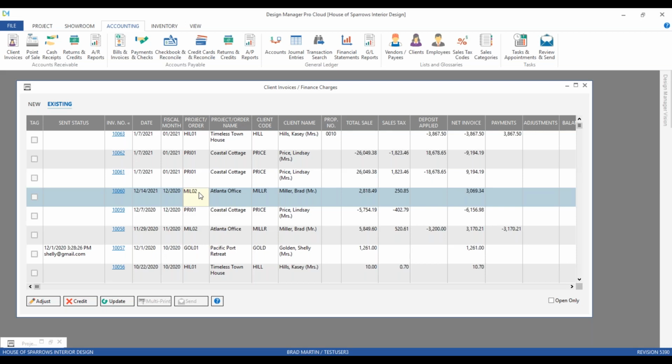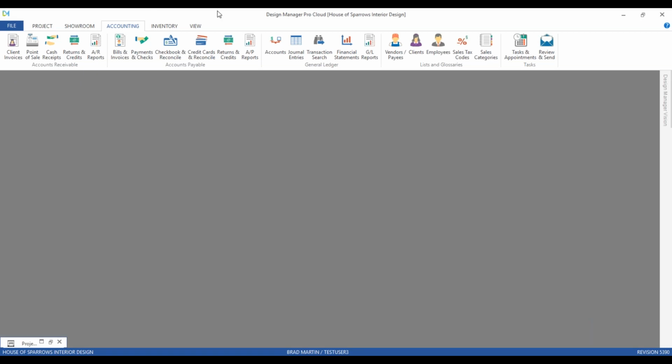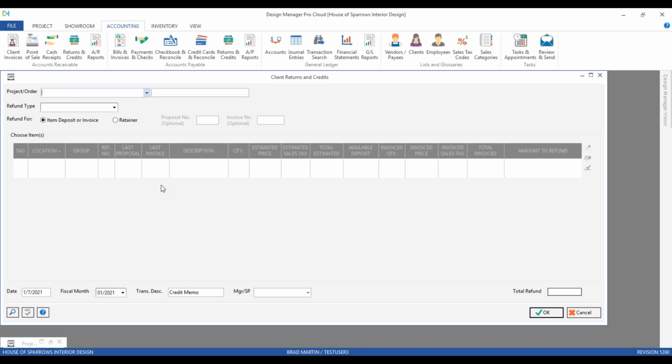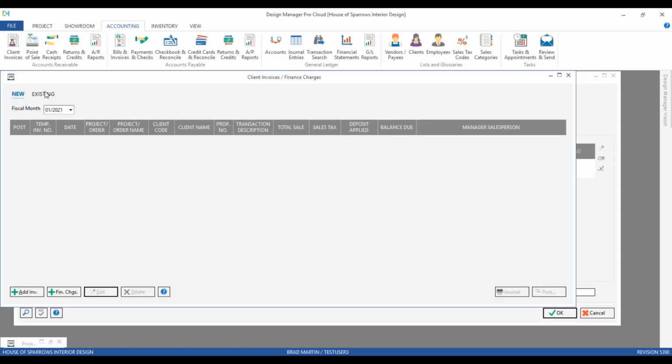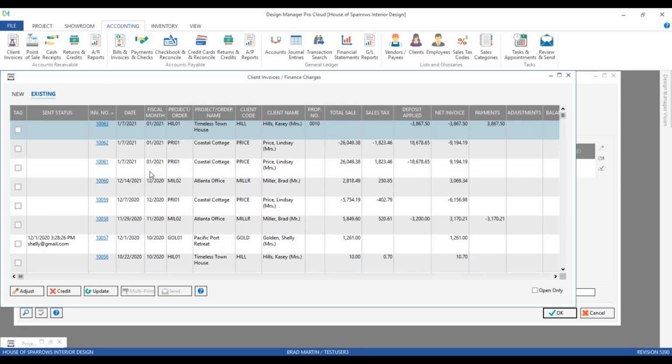Let's make a credit for a single item on a paid invoice. The client's paid for everything and we owe them some sort of compensation. They've returned the item, we're going to accept it back. Returns and credits is the ideal solution. Back on our returns and credits. In our case, let's take a look at that invoice. Let's pick invoice